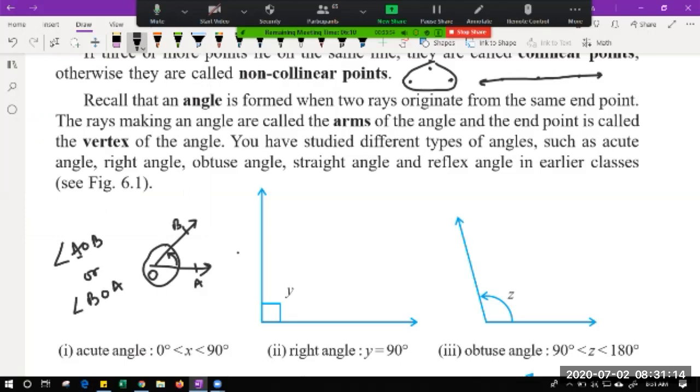It shows AO is an arm, BO is an arm, and in between is angle O. Similarly, to make it easy, you can assume it as 1 or any variable like small a, small b, small x, and then you can say angle AOB can also be written as angle x or angle 1 or angle 2. I use these shortcuts to make the questions easy.